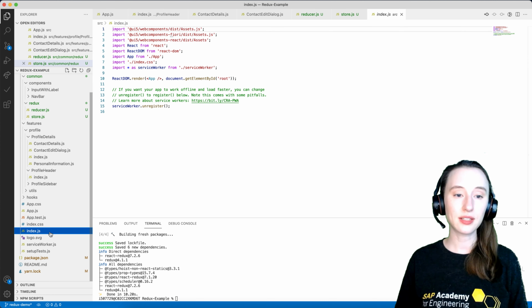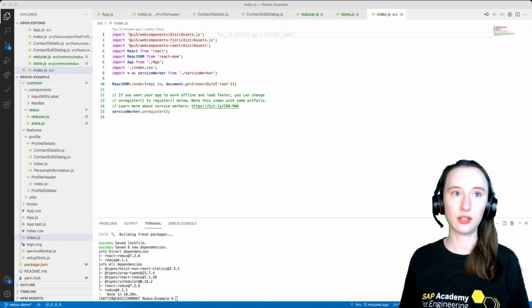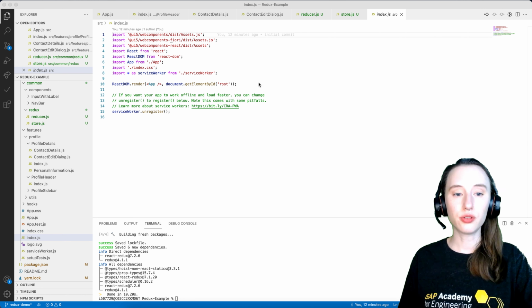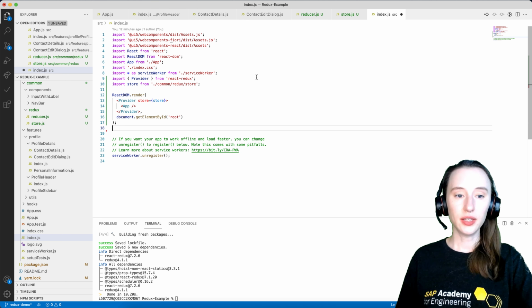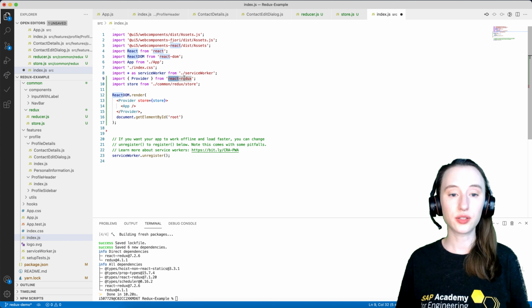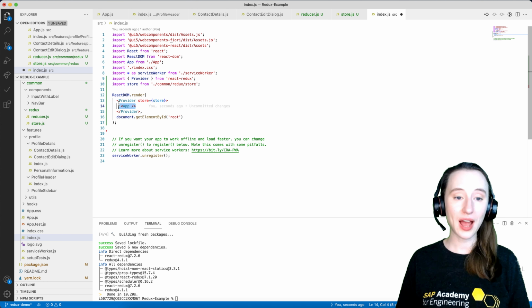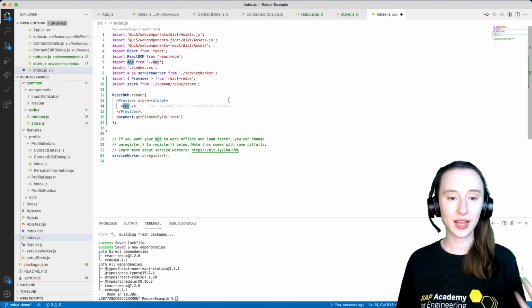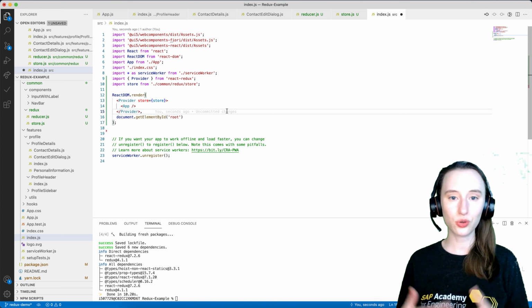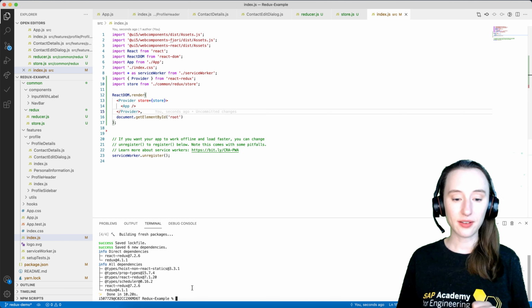And the last piece is to send in the store to the application itself. So to do that, we will be using the Provider that is provided by React Redux, and we'll use the store that we have just created and wrap our app in the Provider that is sent in the store. This means that everywhere within the application, we will be able to access the store, the reducers, the functions, everything that we need. So if we save that and we